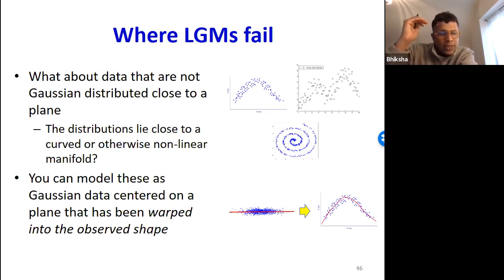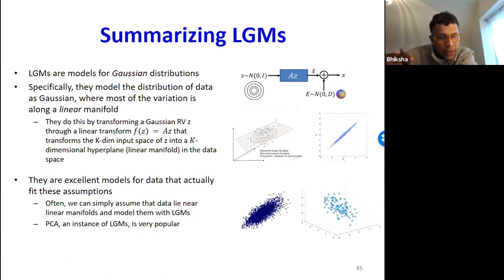Now, so here's the thing. We are going through a lot of painstaking effort to model a Gaussian distribution. You could have said, what's the big deal about modeling Gaussians? We know how to model Gaussians. Except here we are making a very specific assumption. We are saying that the Gaussian lies mainly close to a very thin principal subspace, a planar subspace. And so we are modeling Gaussians of this kind.